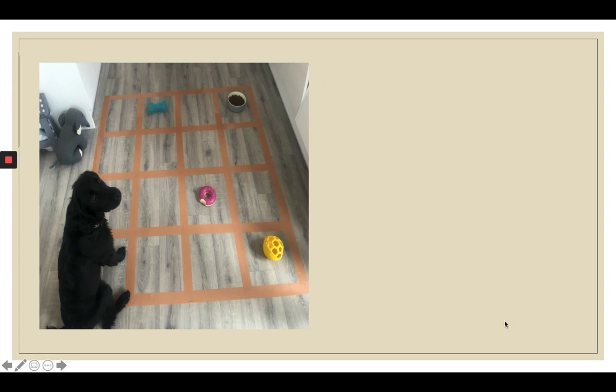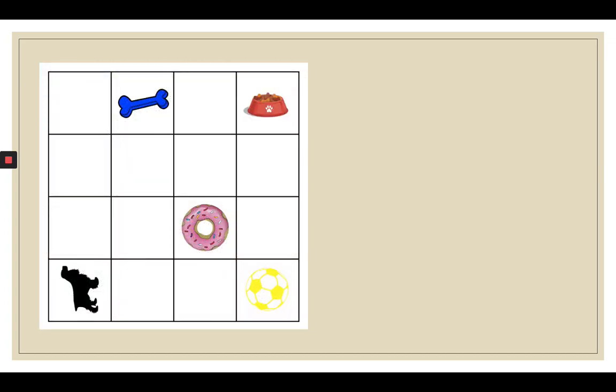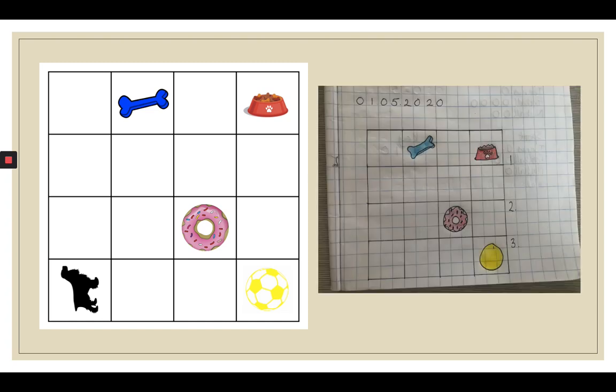Okay, you're going to have a go at doing some work now in your book. You will recognise this picture from yesterday where Cole needed our help to get through the grid to find his toys and his food. So I've changed it so it looks like this. What I'd like you to have a go at is drawing this in your book. There's a waggle next to it to show what that looks like.